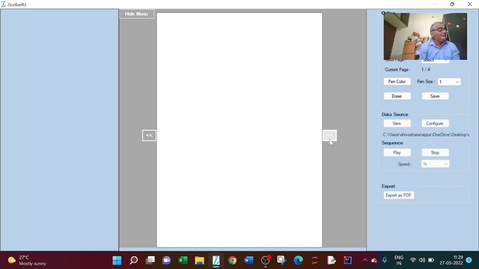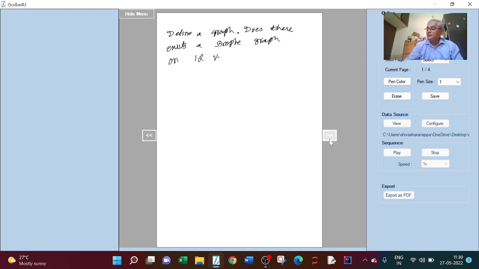One more result. Define a graph. Does there exist a simple graph on 12 vertices and 28 edges, such that